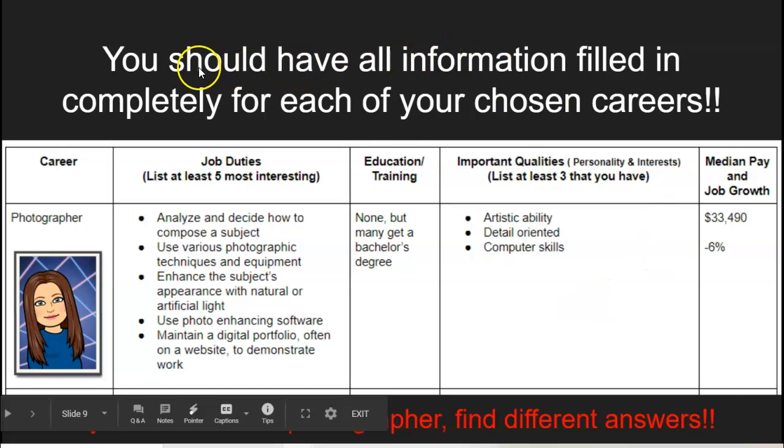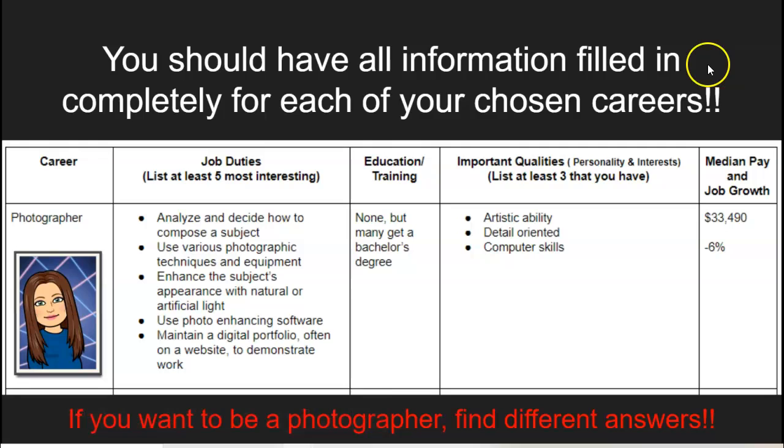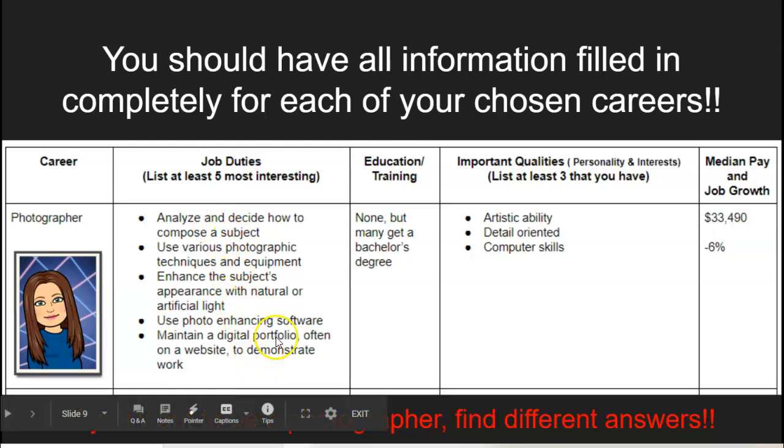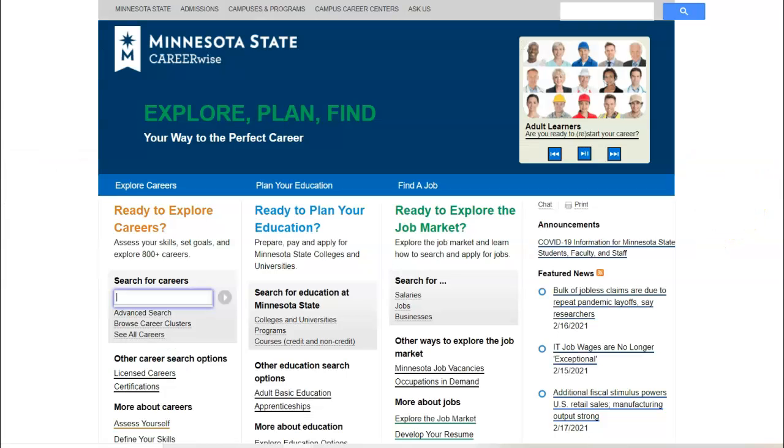All right? You should have all information filled in completely for each of your chosen careers. So for example, the career is photographer. Okay? Here are the job duties. Here's the education. Important qualities. So these are the skills that I have that are needed to be a photographer. Okay? And then median pay. We don't have to do job growth. I just want you to put the median pay. So the median pay,